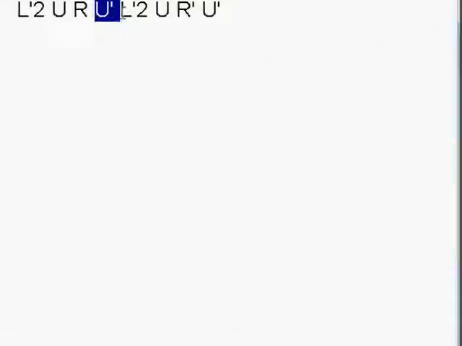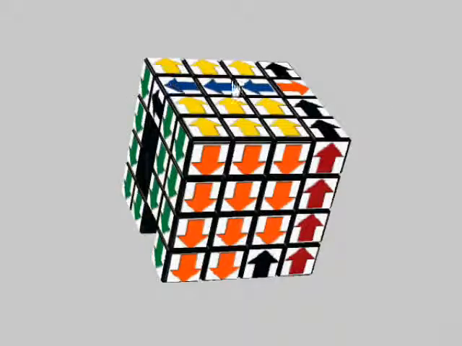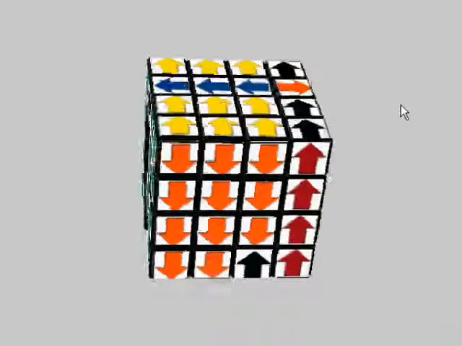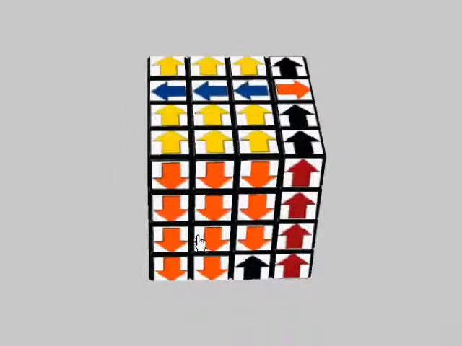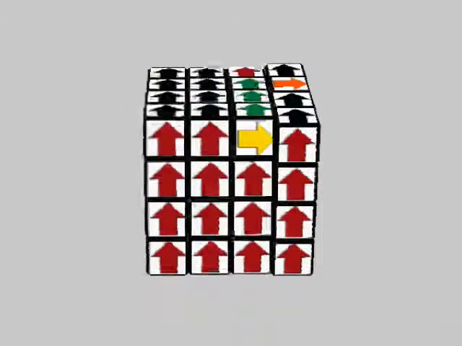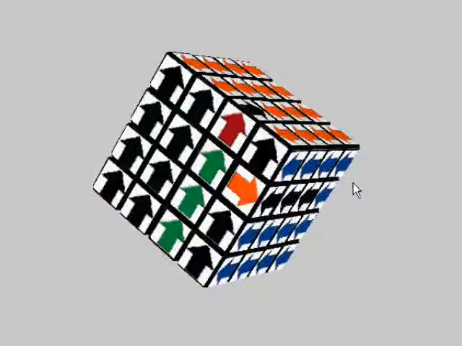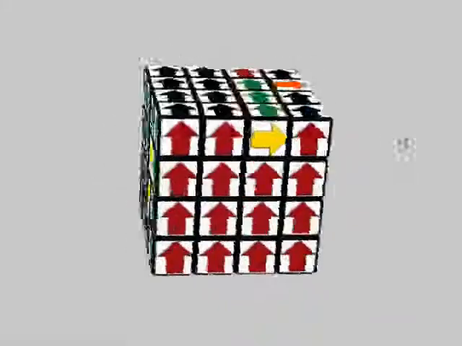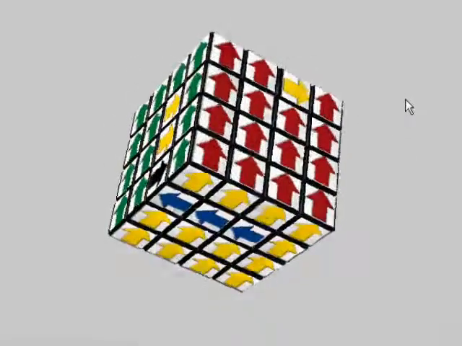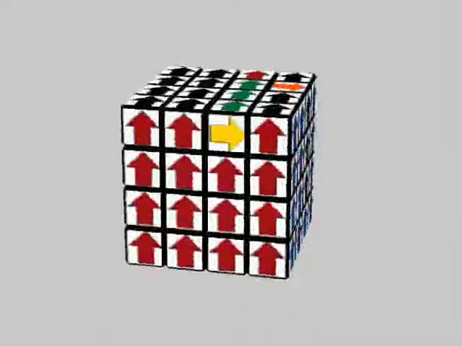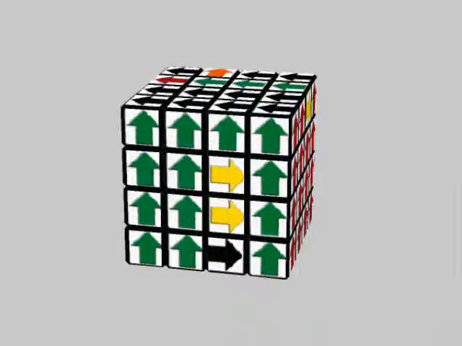And now the next move is to do a double turn of L again. That'll bring this block back to the bottom. Notice that the cube is mostly restored except for a line of pieces all around the cube which are out of place, but if we rotate the cube this way, then we can carry out the last portion of the commutator,